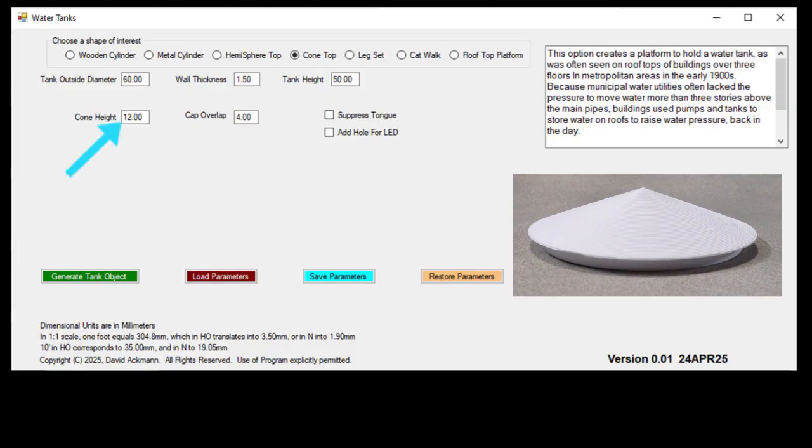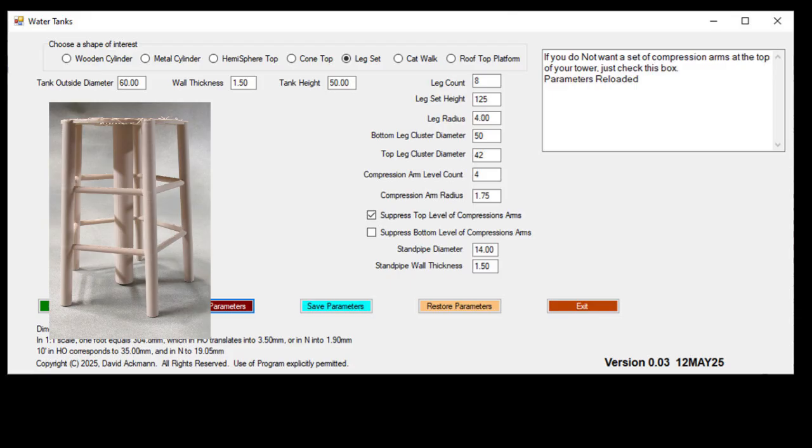Finally, you probably will want to reduce the height of the cone to about 20 to 25% of the tank diameter to avoid making the cone look like a carrot. The object with the most options is the leg set, but they all make sense when you think about them. There are only 3 main components: the vertical leg pieces, the horizontal compression arms which hold the legs in place,